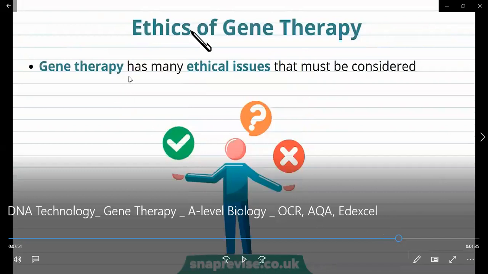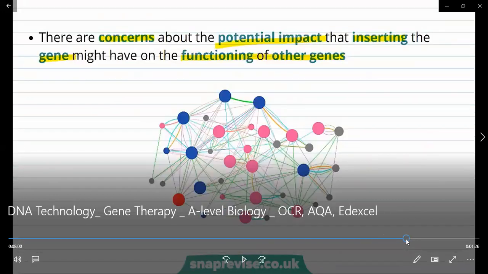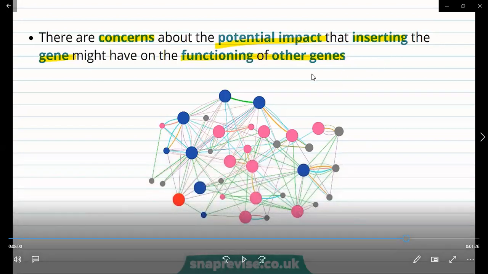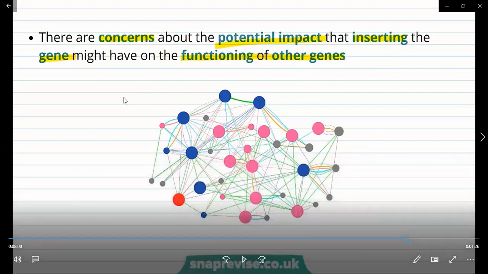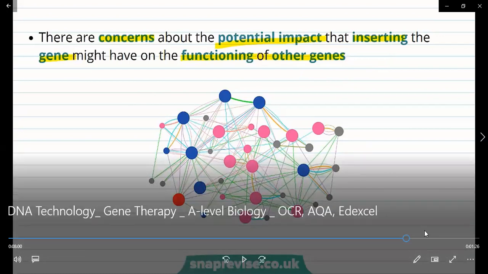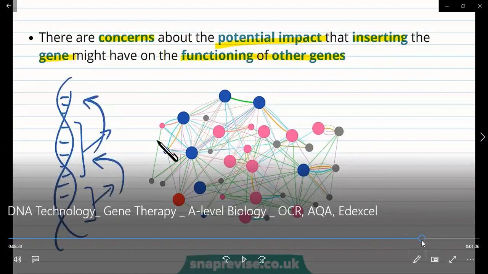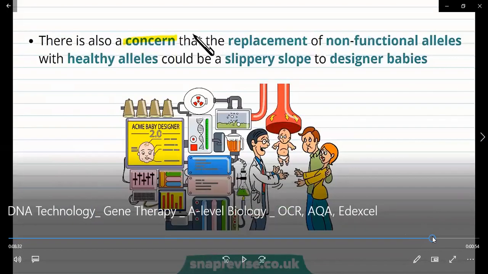And then there were a lot of ethical considerations with gene therapy, the fact that we cannot alter genes. They are saying that what if you are trying to insert a gene to fix a problem, but what if you insert a gene and that creates a problem? Because maybe the gene that you have inserted might have gone in and disrupted other genes from working. So that was a concern they had with the gene therapy so far.